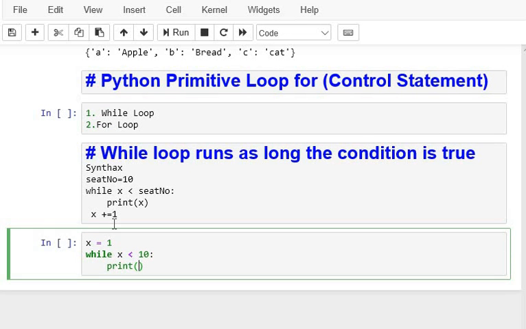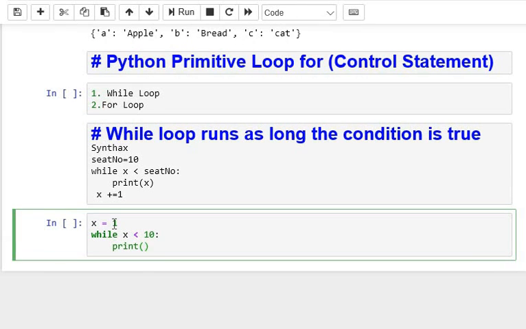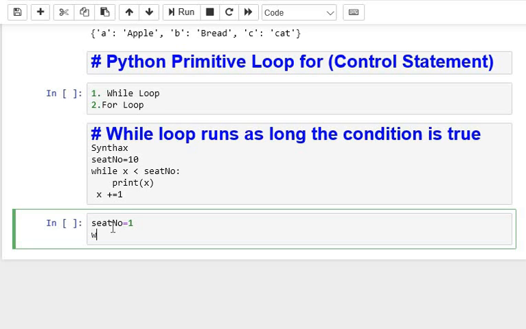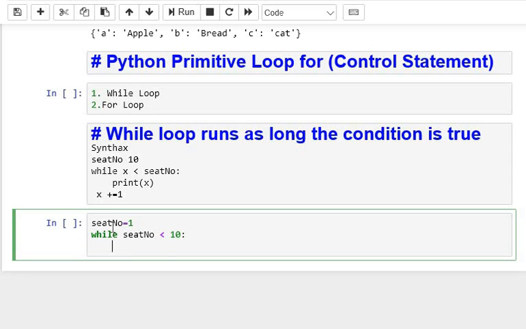Or I can say print the seat number is less than 10. So while seat number is less than 10, then print